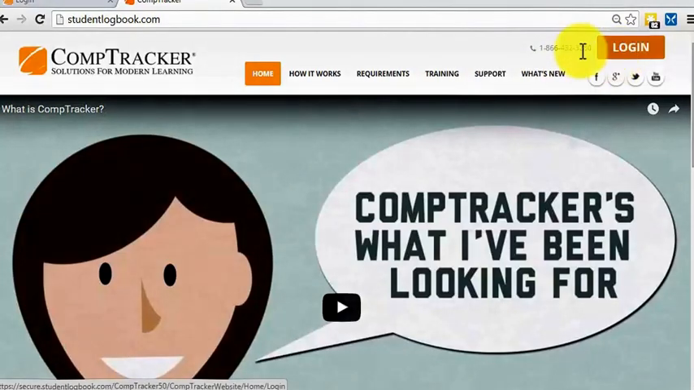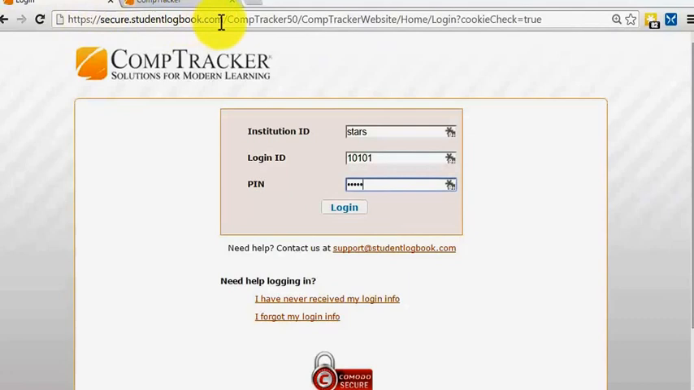When you click the login button, it takes you to the secure studentlogbook.com website, where you put in your institution ID, which is STARS, not case sensitive. Your login ID is unique, and your PIN is a randomly generated 4-digit PIN number. So when you click login,